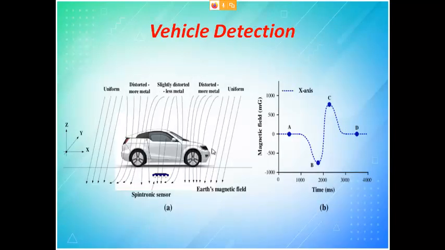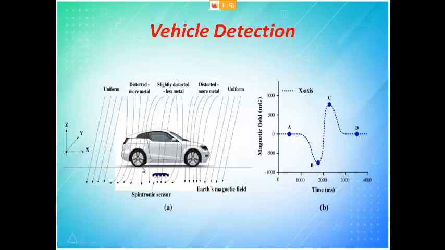You have magnetic lines of force from the north pole to the south pole in all places. Now when a car is trying to move, this car is a metallic structure. From north pole to south pole, there is always a uniform magnetic field. When a metal is crossing, obviously the flux pattern will change. The change in flux pattern is read by a sensor called a spintronic sensor. From the word itself, spin is something rotational. With spintronic sensors, this change in the path of the magnetic field is observed.